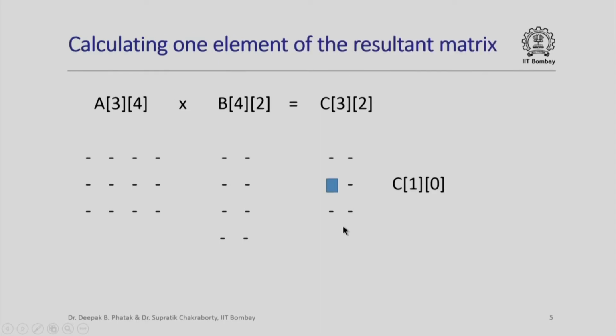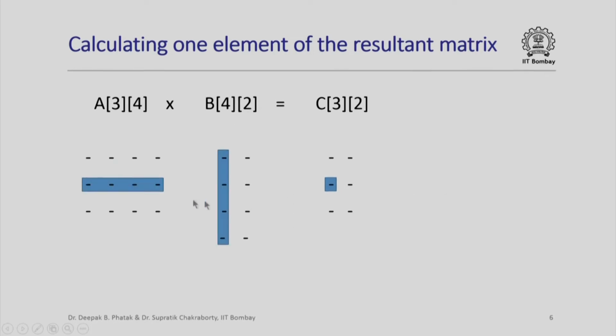Consider the multiplication operation. The multiplication operation is involved in that every element of the C matrix is actually calculated using several elements of A and several elements of B. Consider, for example, the calculation of the first row 0th column element. This is the first row, this is the 0th column element. If I want to calculate the value of this, I will actually have to consider the first row of matrix A and 0th column of matrix B. Let us look at this. This is the row that I will need to consider, and this is the column that I need to consider in order to get this value.